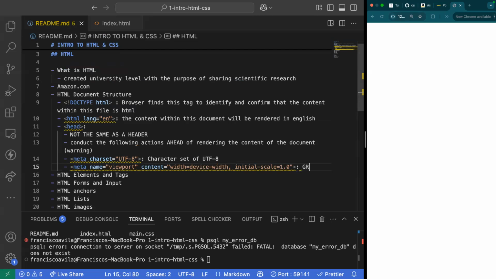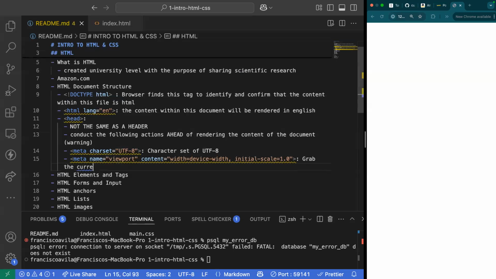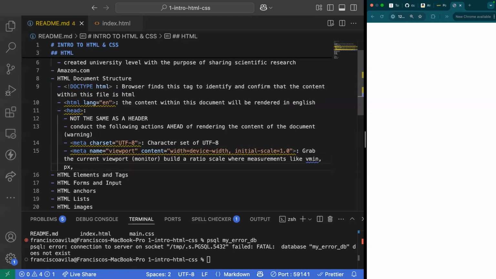What this is saying is grab the current viewport, which in this case is my monitor, and then build a ratio scale where measurements like vmin or pixels, and we're going to talk about this here shortly,